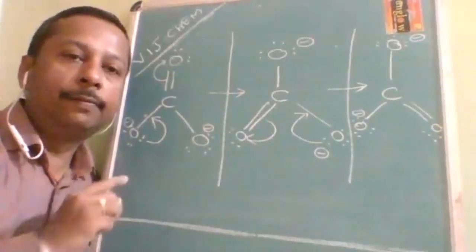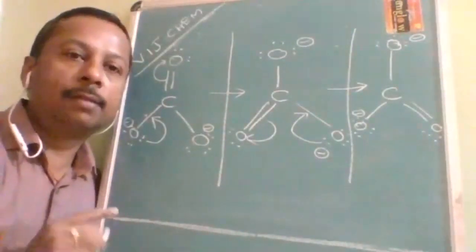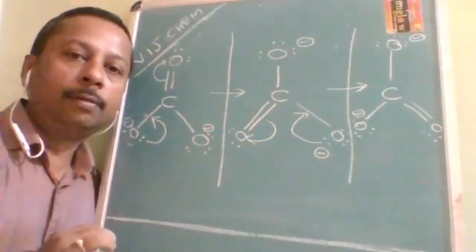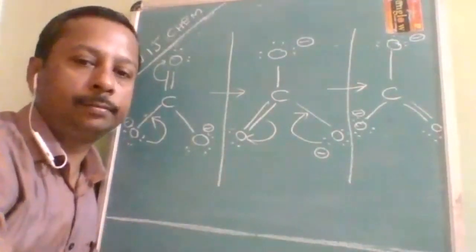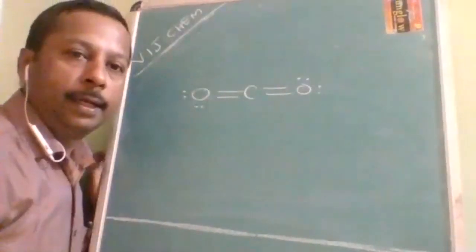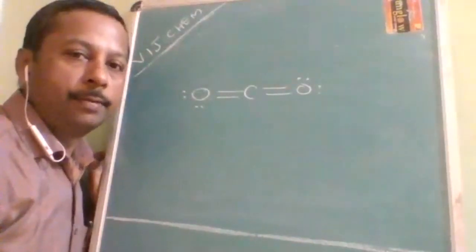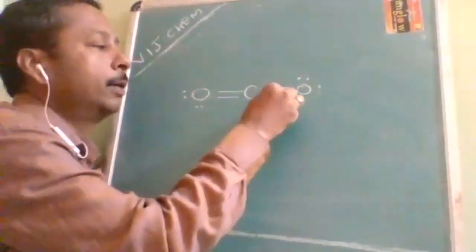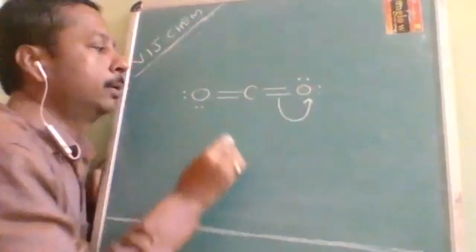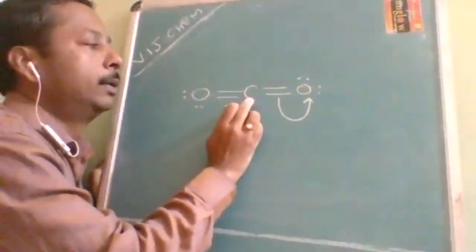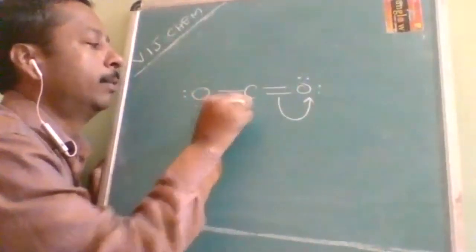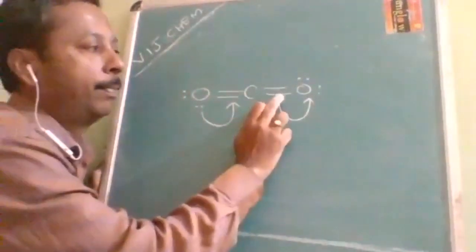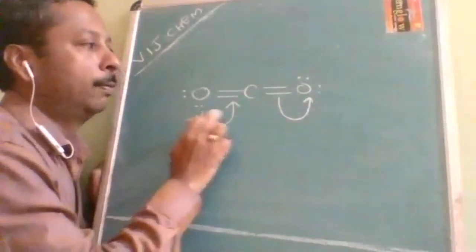So if it is positive charge, that means four bond pairs. Four bonds will be formed by three bond pairs and one lone pair in the positive charge. I am taking another example where positive charge may come. Suppose this electron goes here, then what happens? This carbon will feel difficulty. Then this electron will become a bond pair, bond pair to lone pair to bond pair.